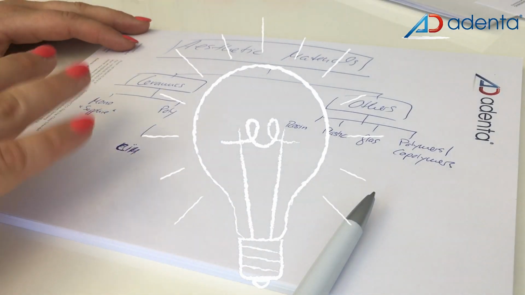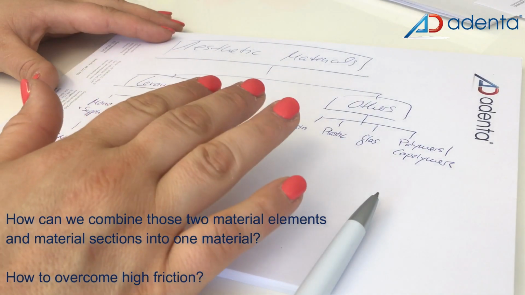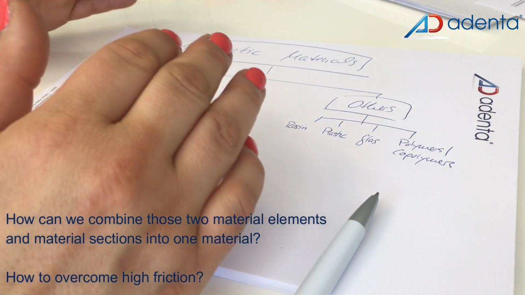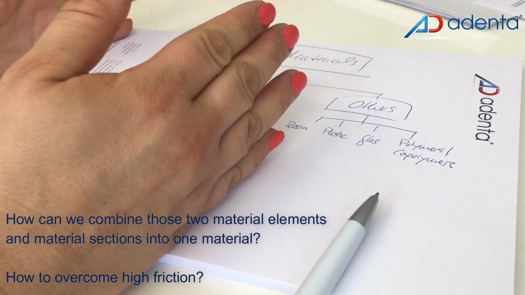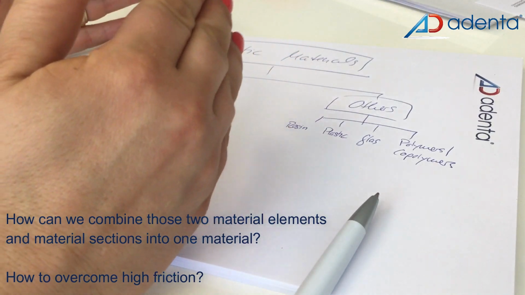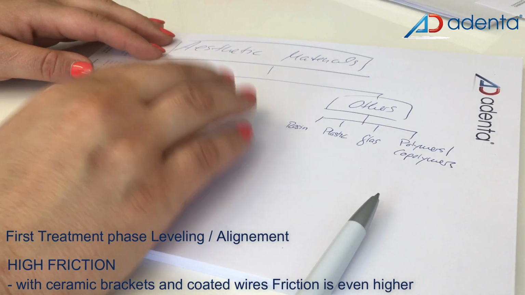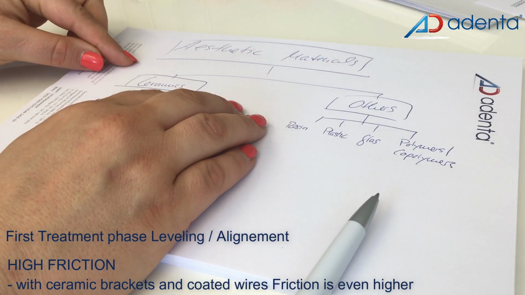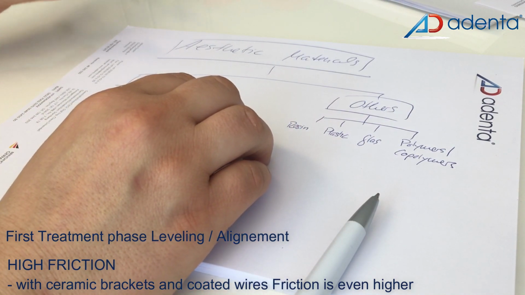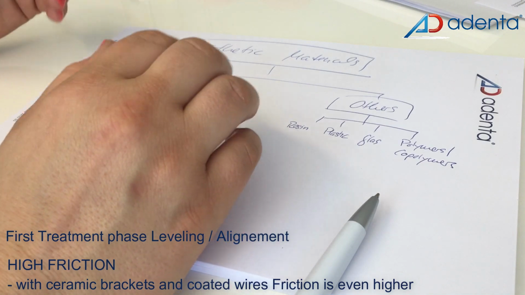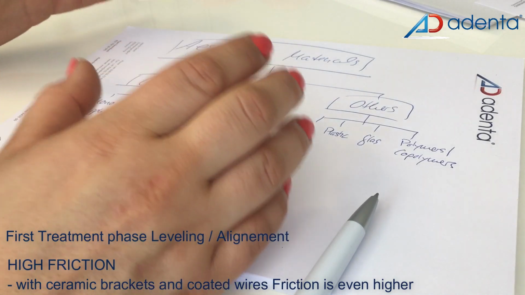Ceramic materials have a relatively soft, rough surface. So even if you really highly polish them, you are not able to maintain and create a smooth finished surface in the slot. So in the first treatment phase, leveling and alignment, you're always faced with high friction. If you then combine an aesthetic bracket with an aesthetic wire coated with Teflon or silicone, which has an even higher friction, you increase the overall friction of the system,